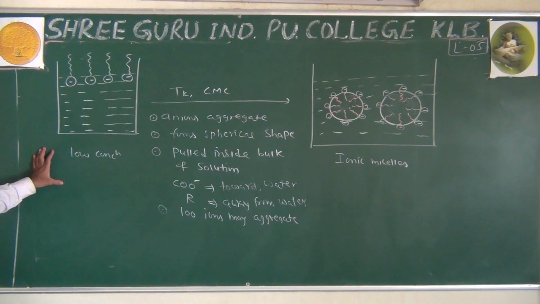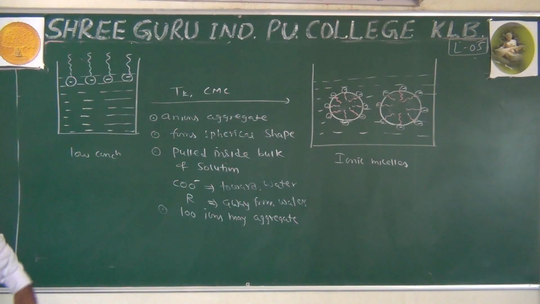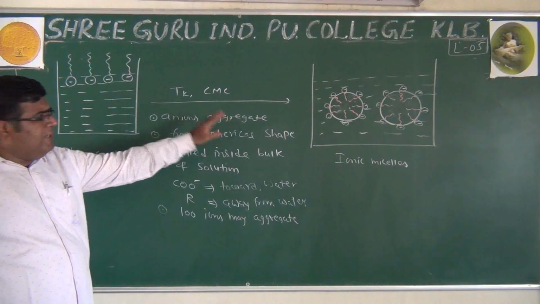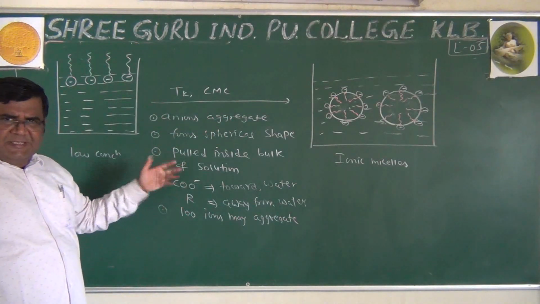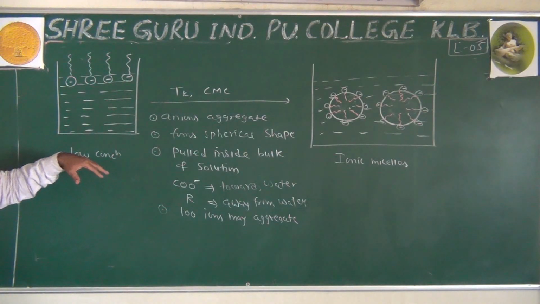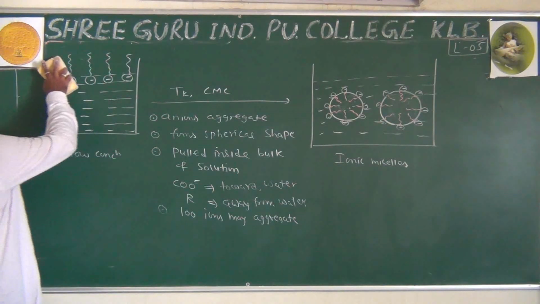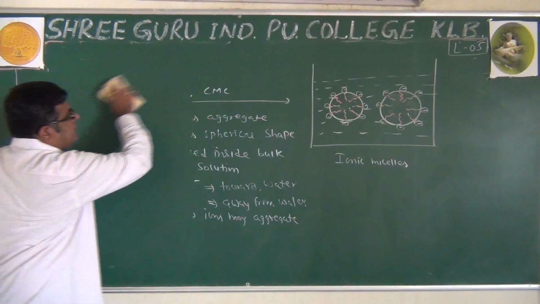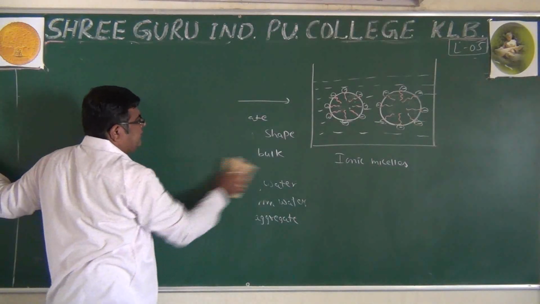Now these ionic micelles, once formed, have a very important role in the cleaning action of soap. So you just have to know how associated colloid is formed, write these points and your answer will be sufficient. But the last part we are learning now is the cleansing action of soap. How is soap able to clean the stains of oils or grease on the surface of cloth?